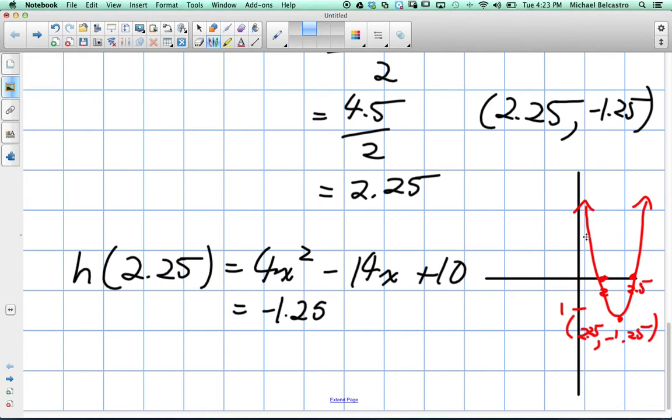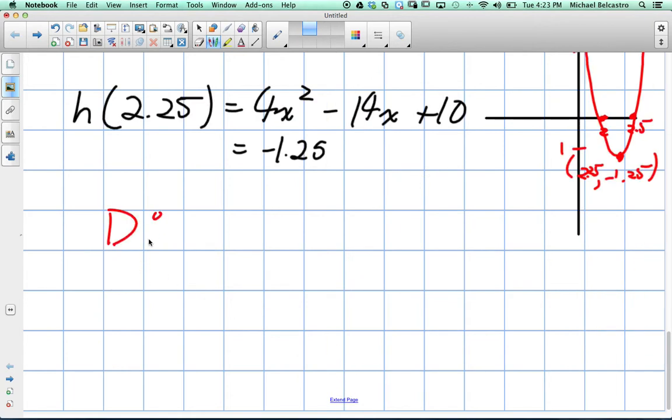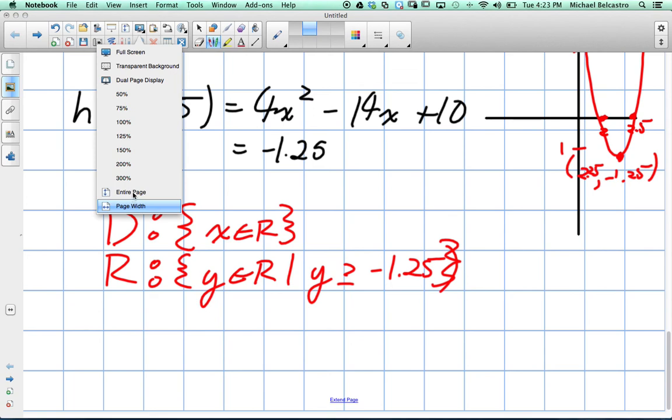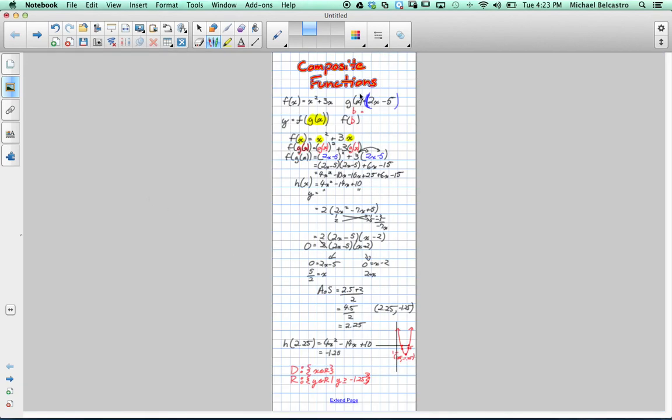And what was the last thing? And give it a domain and range. Okay, so since we have this, because it's quadratic, our domain. Do you know what our domain will be in this case? X is all real numbers. Yeah, that's right. There's no restriction. How about our range? Y must be greater than or equal to negative 1.25. That's right. The range is it all exists above that value. Okay, so I did the second part pretty quickly because really we were focusing on the composite